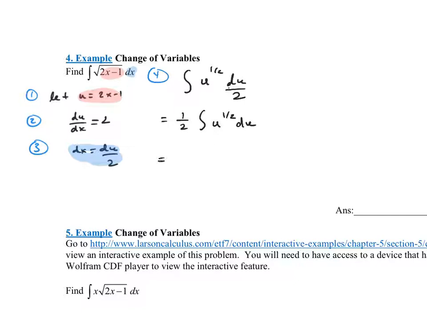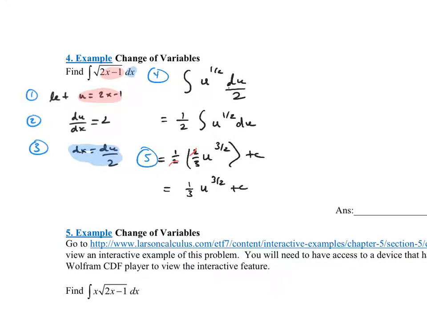So what do we do now? Now, step 5, we can actually integrate it because it's in terms of all u's. This would be 1/2 times the integral of u to the 1/2. Well, the integral of u to the 1/2 would be u to the 3/2. We add 1 to the power. Then remember it's divided by 3/2, but that's the same thing as multiplying it by the reciprocal, which is 2/3, plus c. Simplify the 2's here, and we're ending up with 1/3 times u to the 3/2 plus c